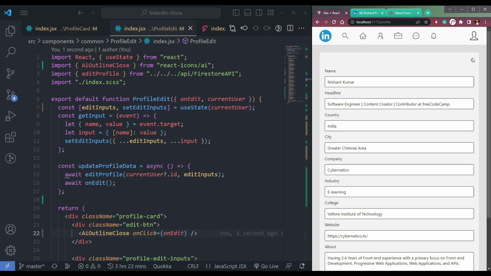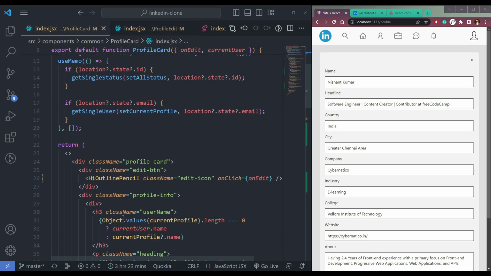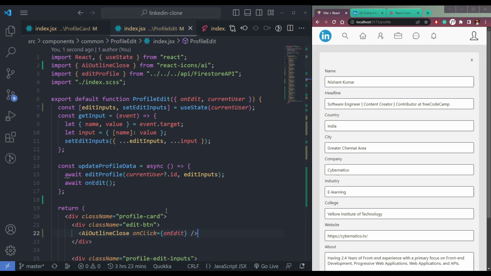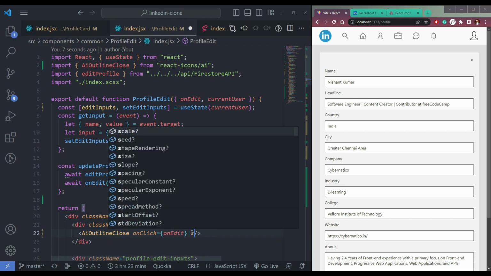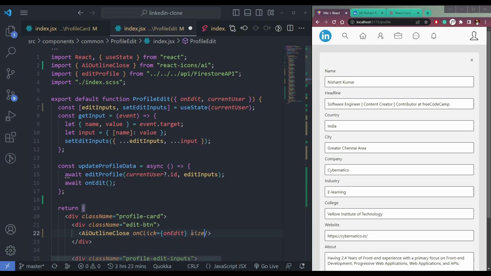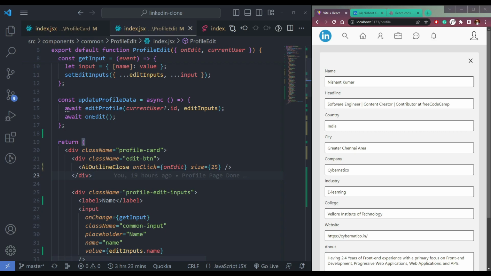Now let's try. We need to increase the size of this, so just make the size to be, let's say 20. Wait a second, 20. Okay, 20 is fine. Let's try 25. Yes, much better. So it works. If you click this,